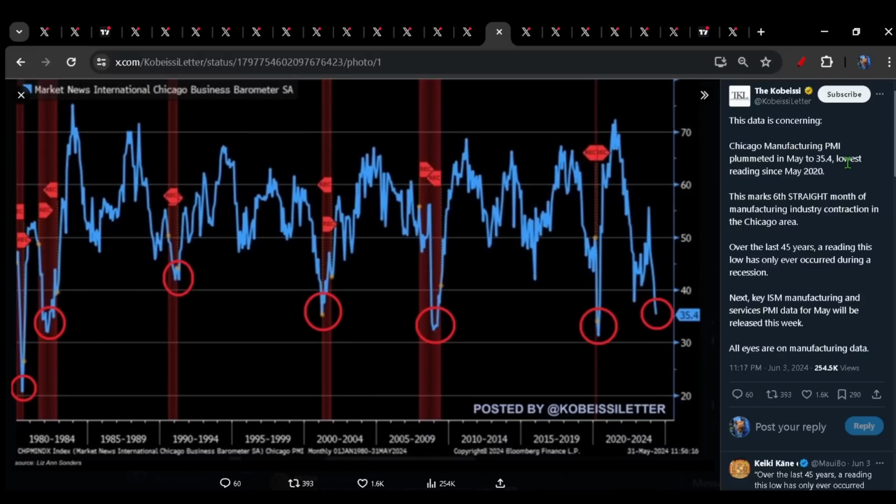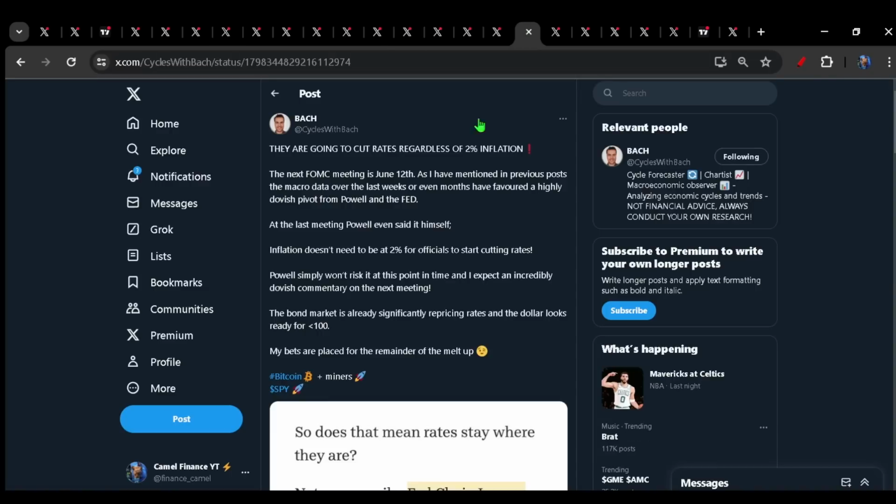This week was data heavy as we also had PMI data come out, and the PMI data is now straight up into recession territory. This right here is the lowest reading since May of 2020, and you can see based on historical levels, this is again another sign hinting at a potential recession in the not too distant future. Based on everything I've shown you so far and some more, I am still making the case that these rate cuts are way closer than most people want to even entertain.